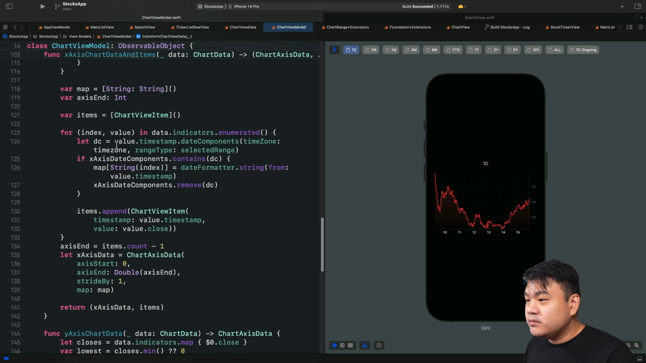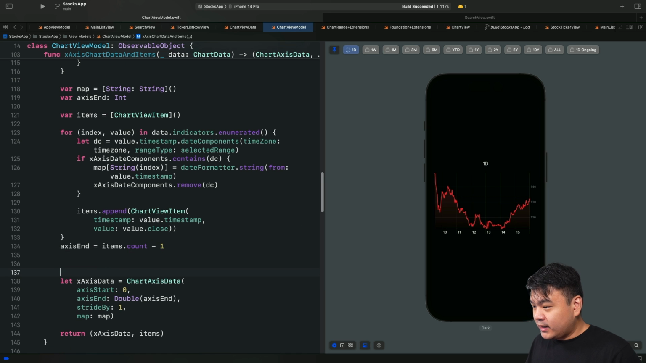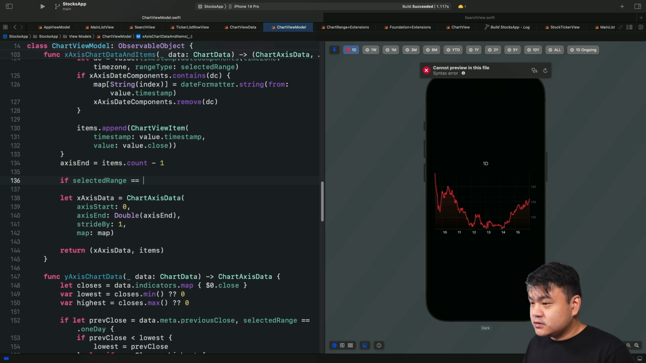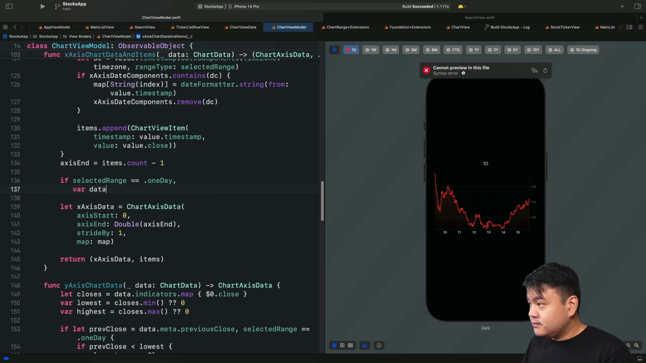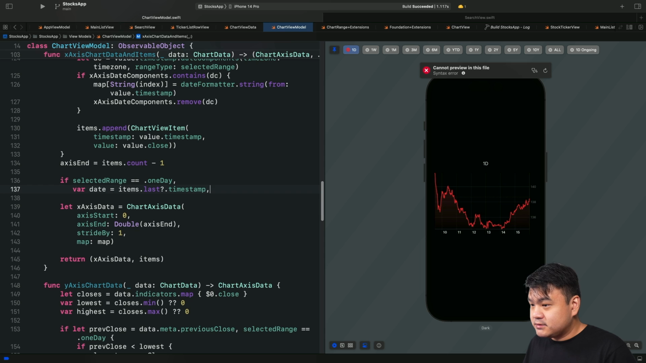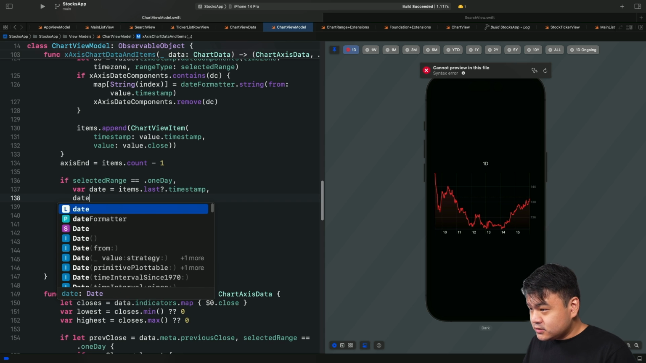we only looked until the end of the array, right, in these indicators. But in case of ongoing trading, the last date won't be the closing hours, right? So you have to add additional looping in here for the ongoing 1 day, right? Okay, so if the selected range is 1 day, let's use par date items. Just grab the last date in the array, item.last.timestamp, and let's use this date